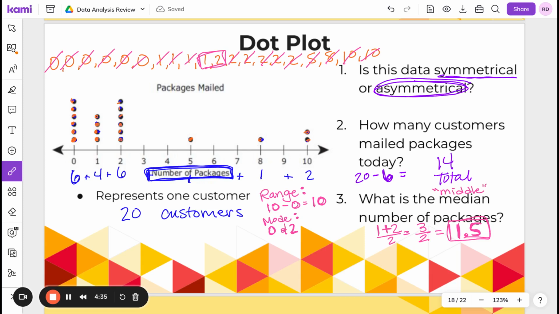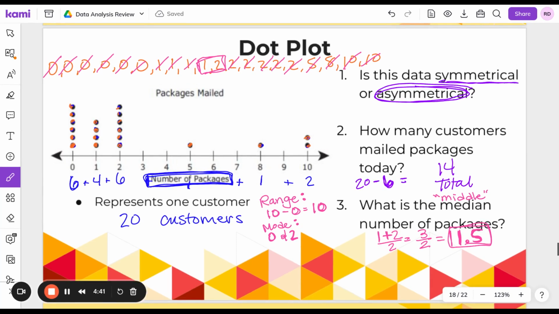So dot plot, each dot represents something, and your job is to figure out how many of each value there should be in the